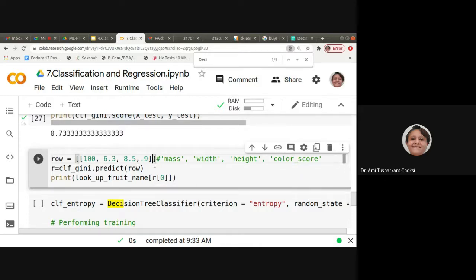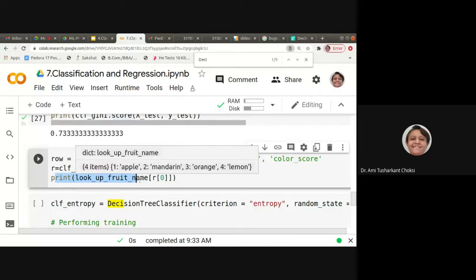This we have given, and for this unknown data, we want to predict. So this will give us the label. Which label? That is 1 or 2 or 3 or 4. But what we want to get is the name of that particular fruit. And for that, we are using this particular dictionary, isn't it? This is not part of the prediction.